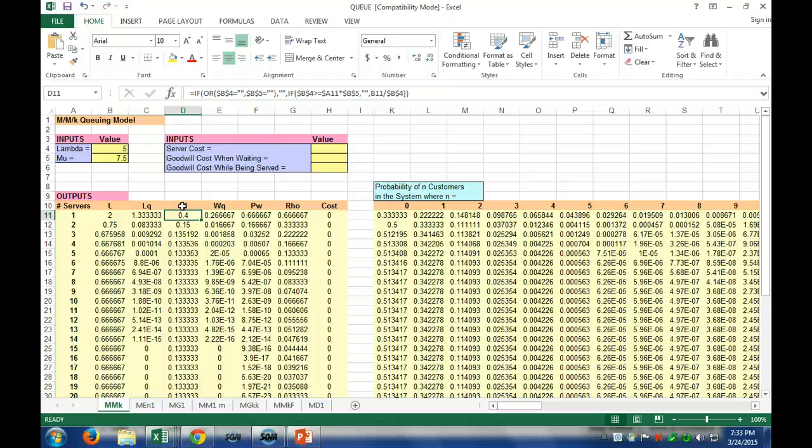0.26 hours is how long they spend waiting in line. So basically a quarter of an hour, do the mental calculation there, about 15 minutes, right? 0.26 times 60 is going to be about 15 minutes. The probability that a customer must wait at Mary's is about 2/3 of the time they have to wait.